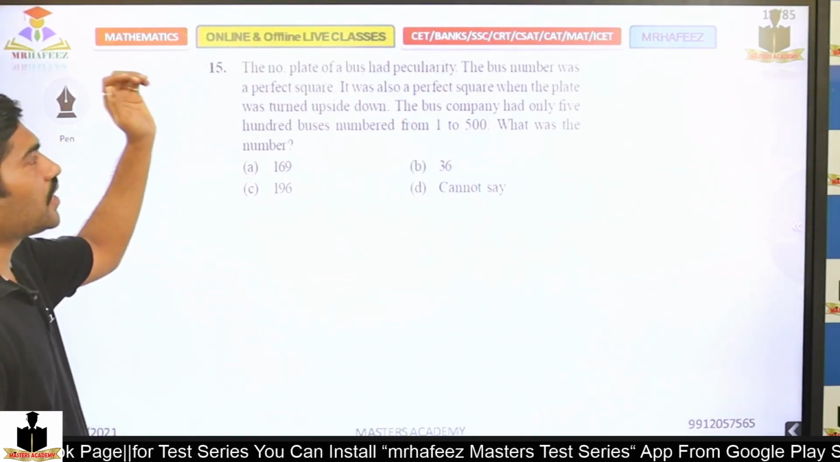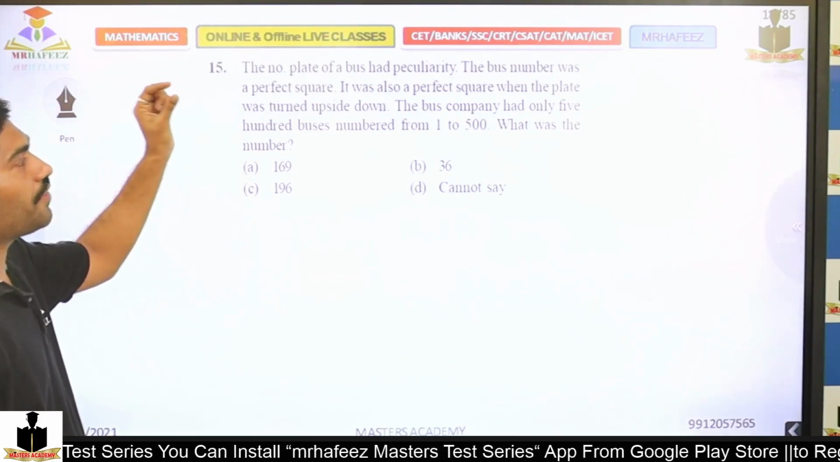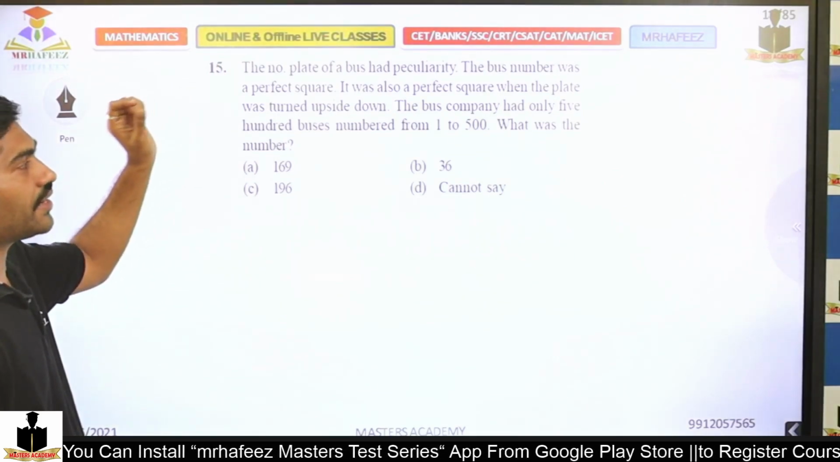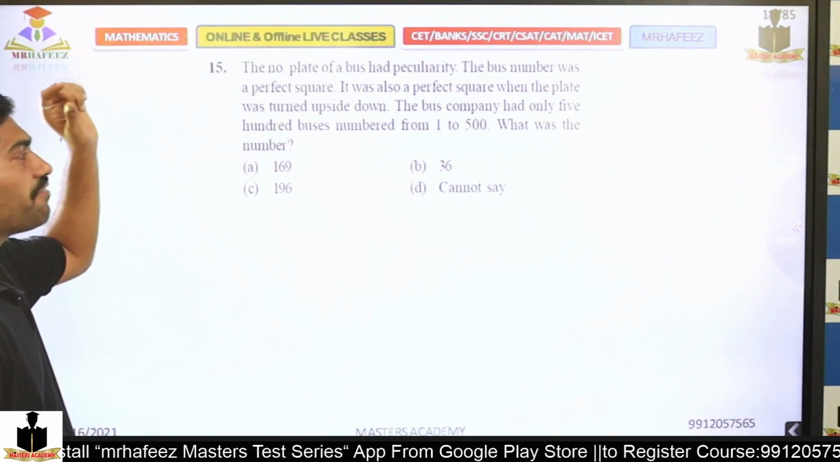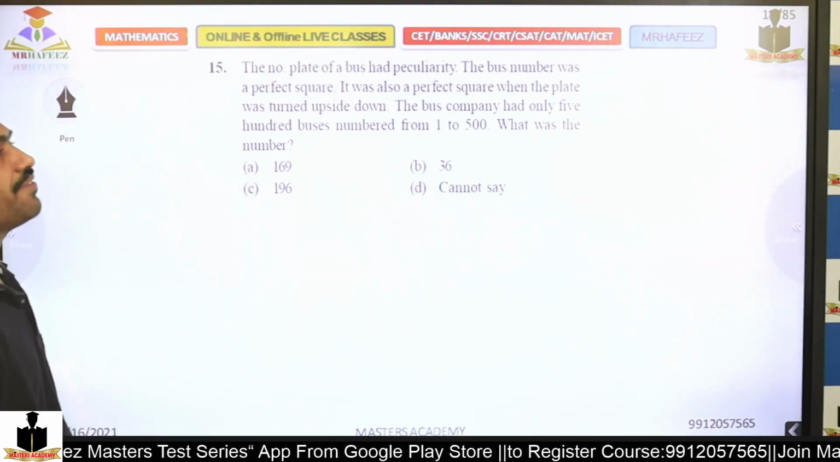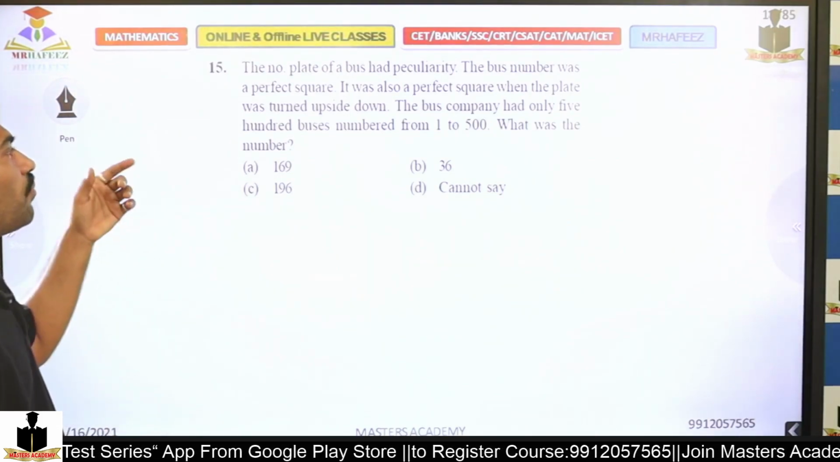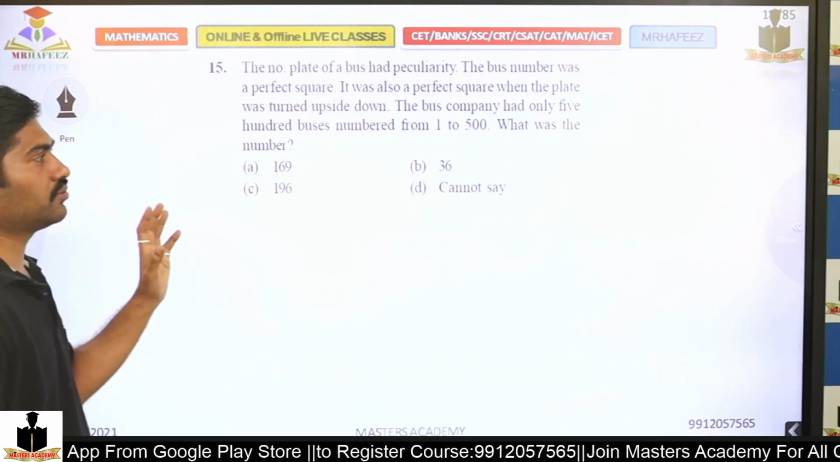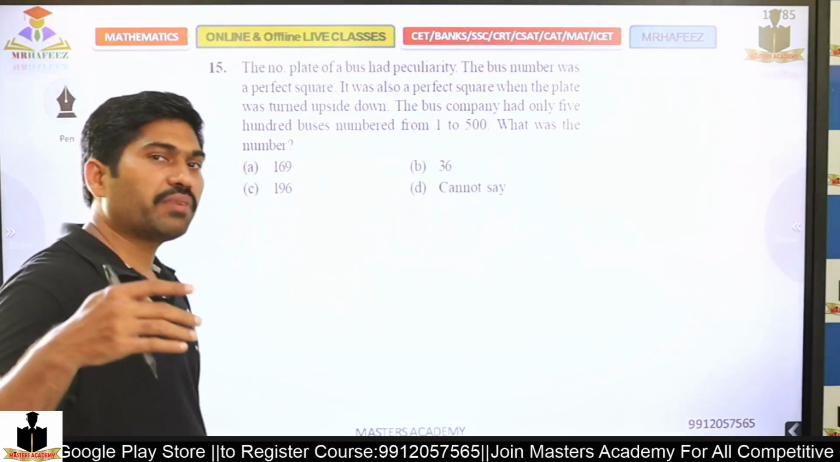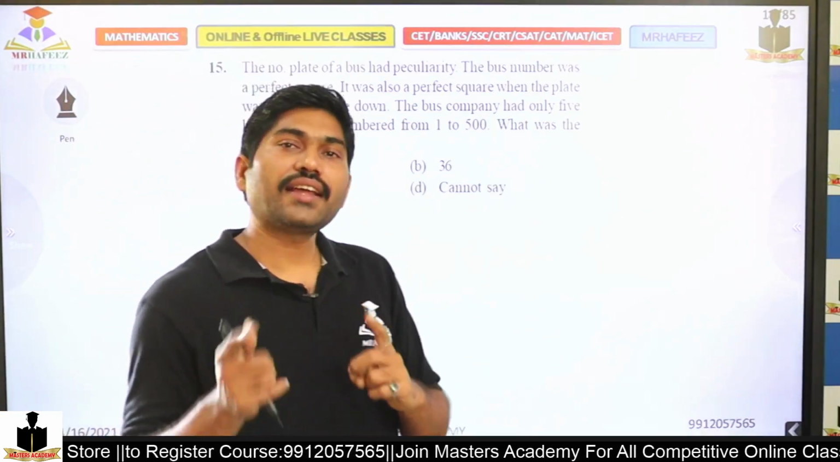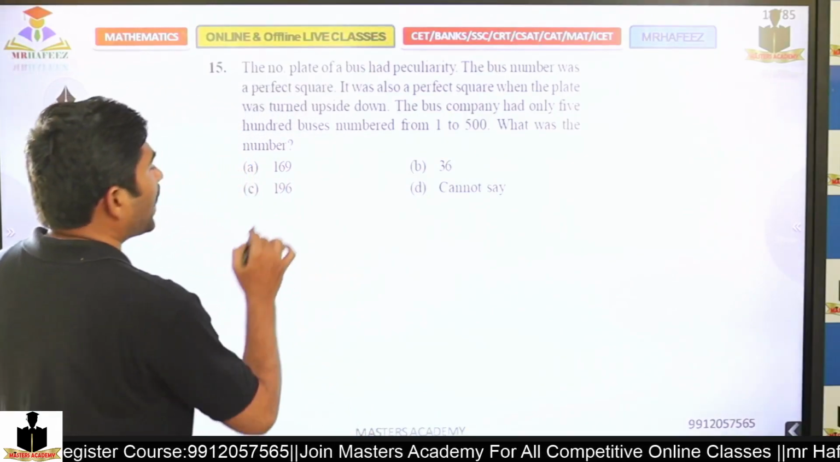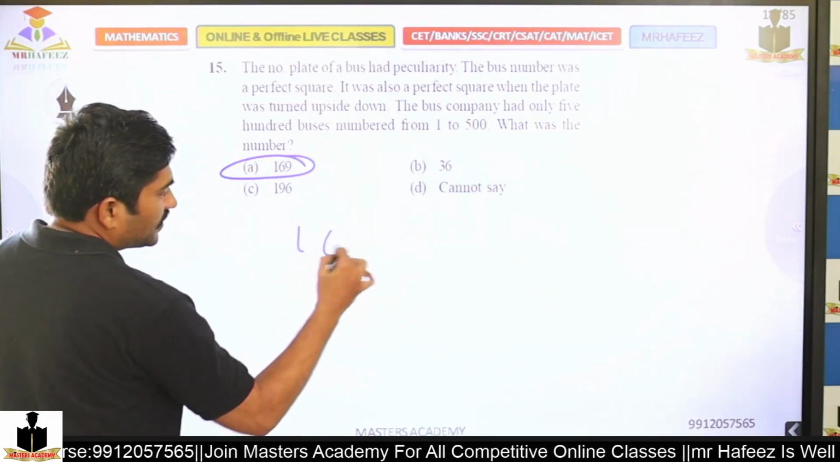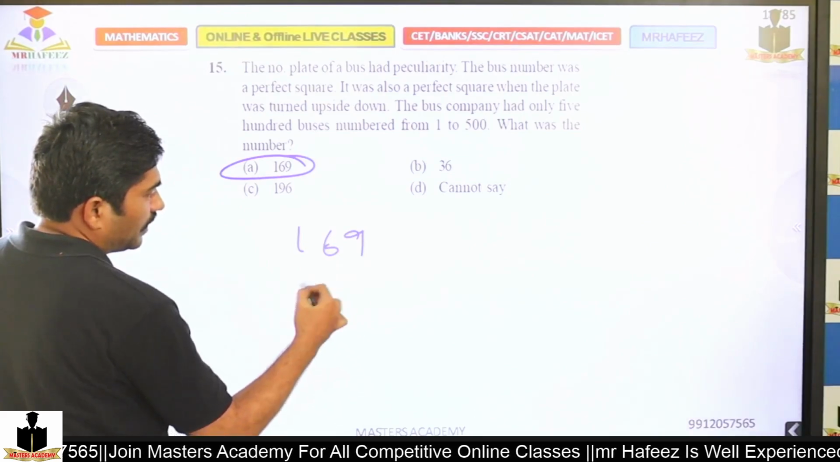So the number of a plate of a bus had a peculiarity. The bus number was a perfect square. It was also a perfect square when the plate was turned upside down. Okay, it's just a number plate. If it is upside down, even then it's a perfect square. If I observe 169 and 961,